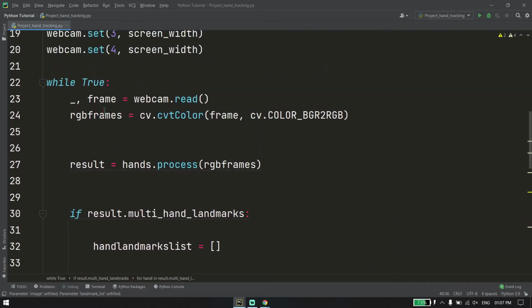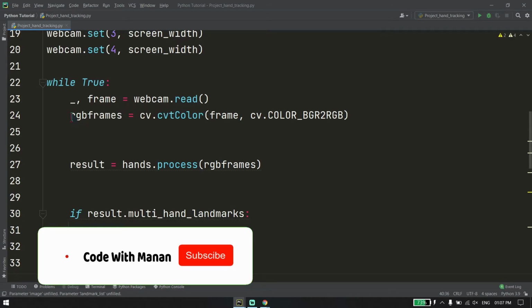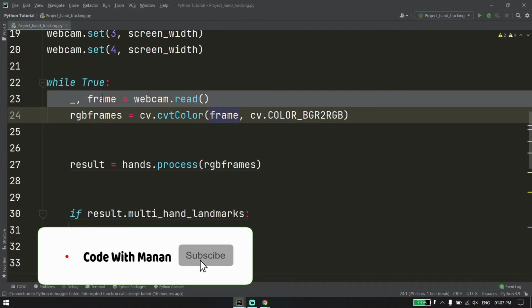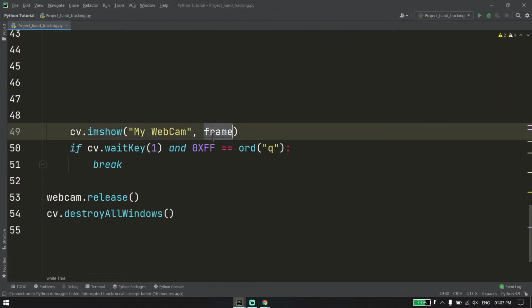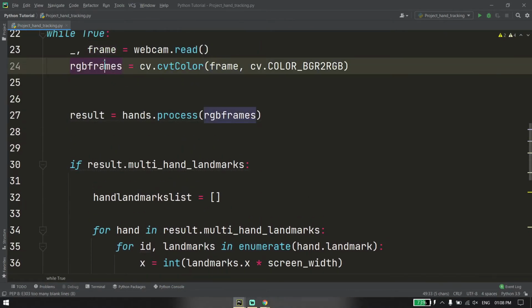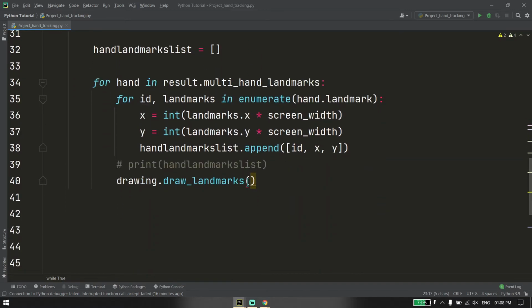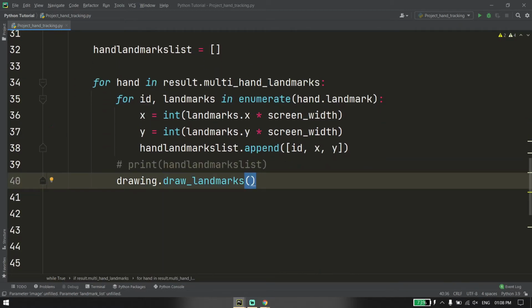If you remember, we had made an RGB frame and a normal frame, but we don't want to show the RGB frame because we are not showing it. We are only showing the frame which we made right here. We are just processing the RGB frame, but the output will be shown on this frame. So the image is the first parameter, that is frame, and then